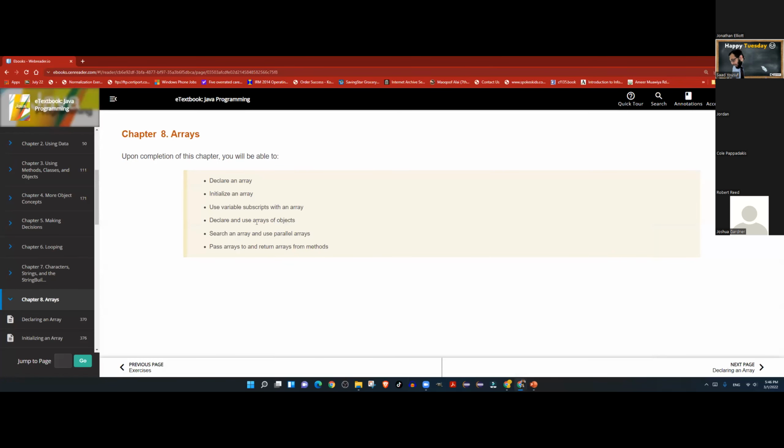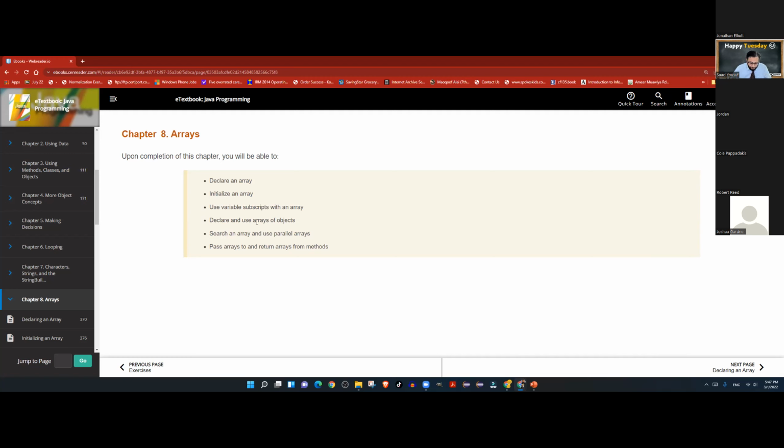So an array can be initialized, and an array can be declared without initialization. Can anybody tell me the difference between the two? One, you're already putting data in; the other, you're just setting the space aside. Yeah. So when I just declare an array, I'm asking for a space. And when I say the array is declared and initialized, then those spaces are filled with some initial values.